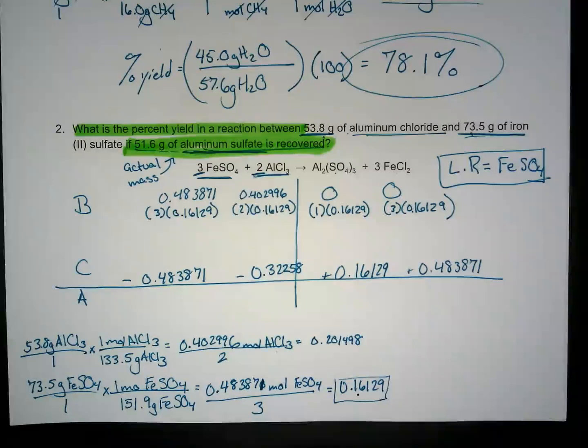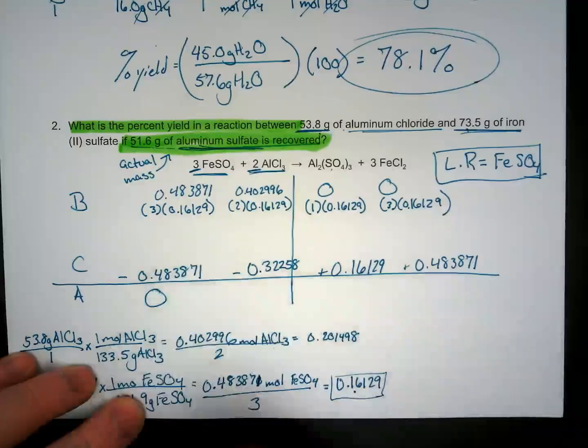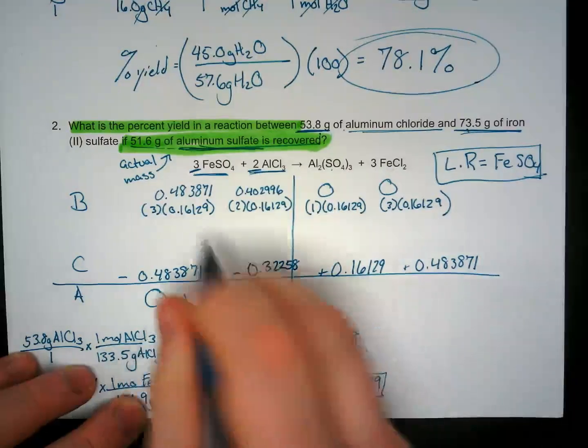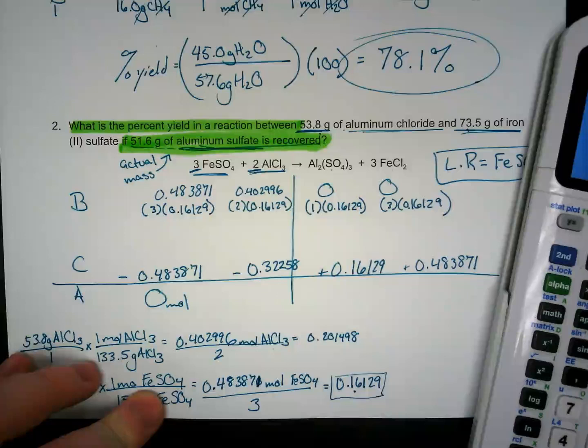Okay. And then I just see how many moles are going to be left. So here it's going to be 0 moles. So we run out of the iron sulfate. Here, for my aluminum chloride,